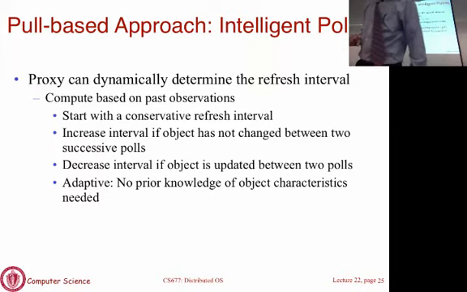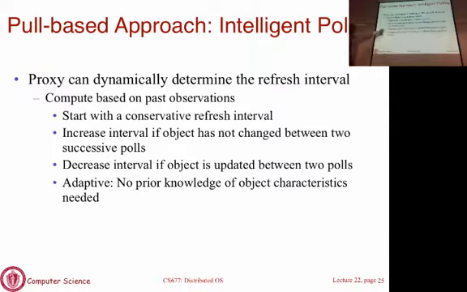The other way is the proxy can itself make intelligent guesses of how frequently to poll. So here is an adaptive or dynamic method that decides the frequency of polling. We'll assume that when you first got the content, neither you nor the server has any knowledge of its lifetime and when it changes next. We'll assume some pages change frequently, others don't, or the update frequency can change.